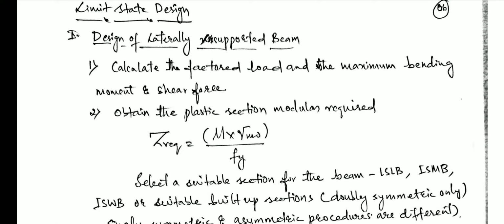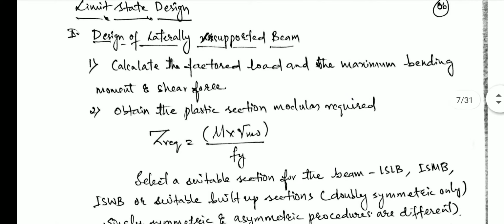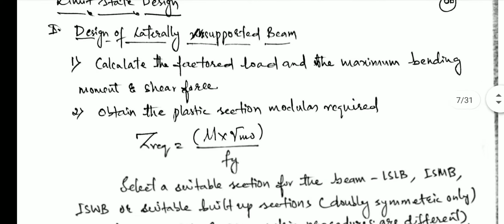What we require, they actually give dead load and live load. In some cases they give only live load, or axial load, and they give the fck value. They also give one more thing, the support condition: whether it is simply supported or a cantilever beam. So first you have to write the given data, then the second step is to calculate the design bending moment and shear force. We already know how to calculate design shear force and bending moment.